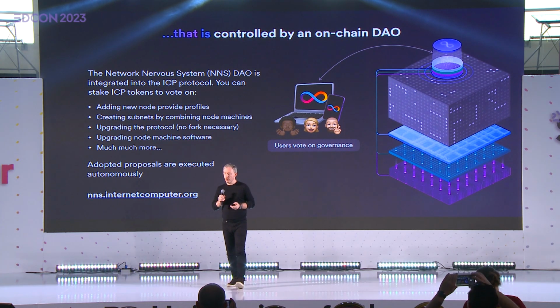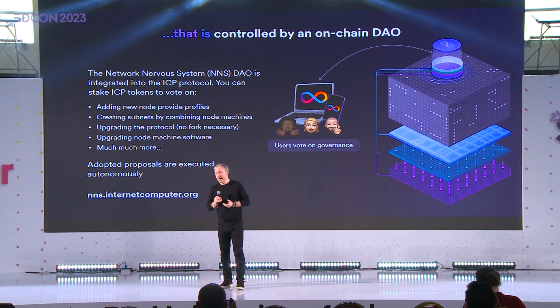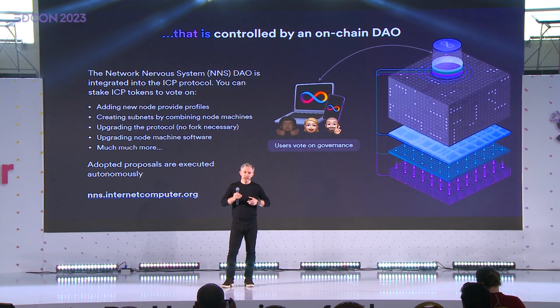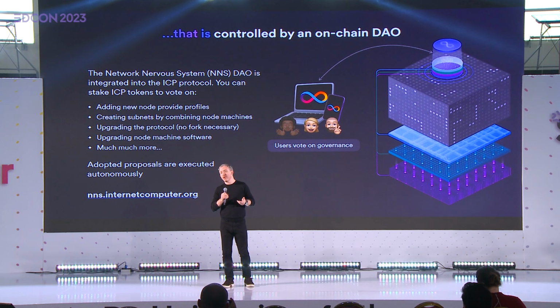Another aspect of the Internet Computer is it's what's known as an adaptive blockchain. It's the world's first adaptive blockchain. And that means that it's self-governing. So it has a DAO called the network nervous system that's integrated into its protocols. And again, this is a kind of operational framework. So there are no centralized parties with backdoor keys or organizing miners to upgrade. This network nervous system is completely open and permissionless, and people submit proposals to it to structure the network, create new subnet blockchains, upgrade the protocol, and things like that. And through that, it just continually evolves.